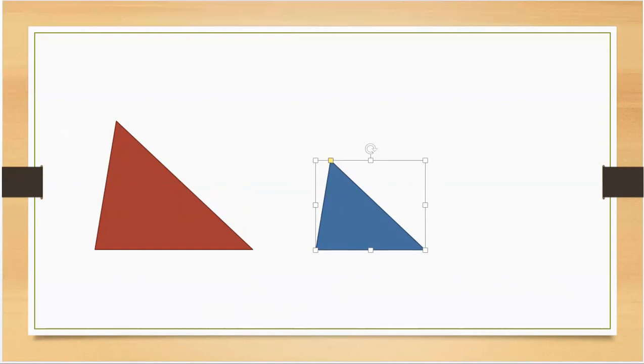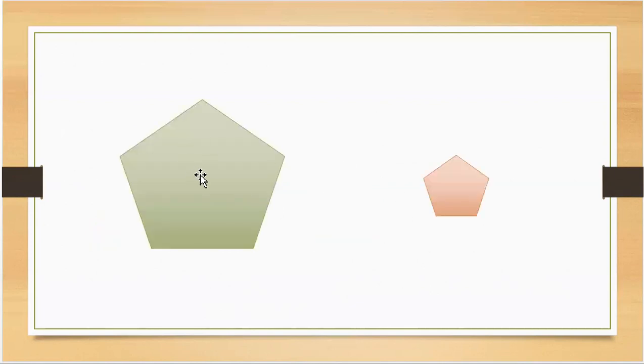All right. Now, let us observe this figure also. This is a pentagon. In the pentagon also, this is a big pentagon and this is a small pentagon. Let us observe the angles. The lengths are surely different. The length of the sides of this orange color pentagon is very much smaller than this light green color pentagon. But let us match the angles and see.